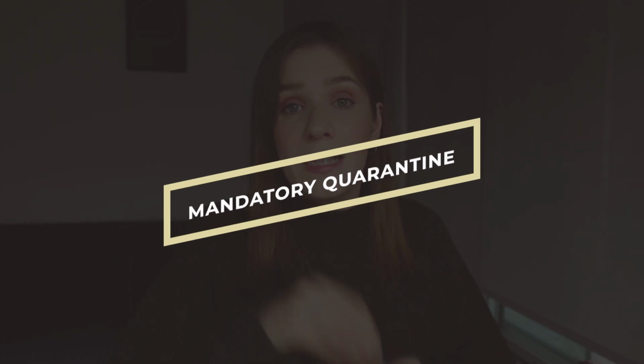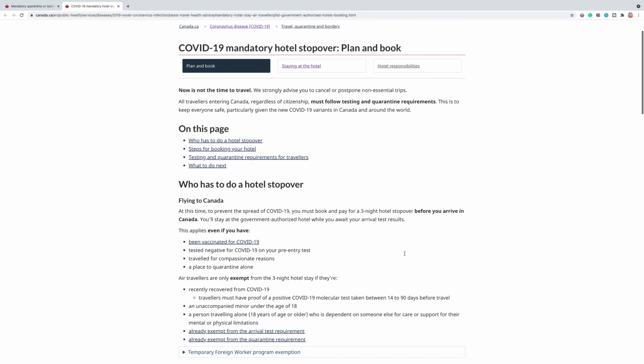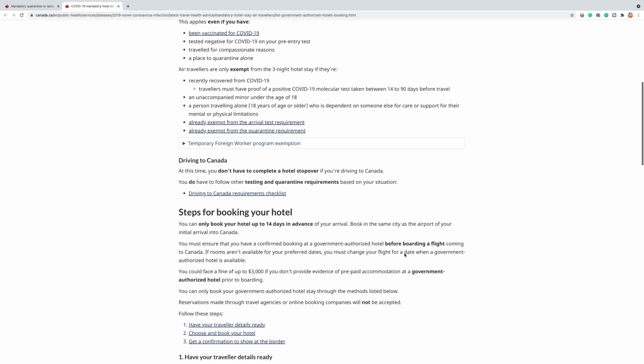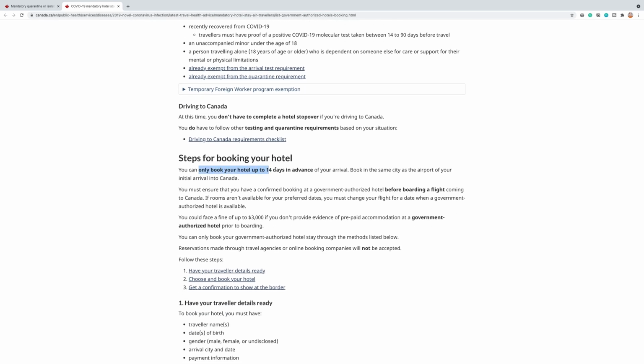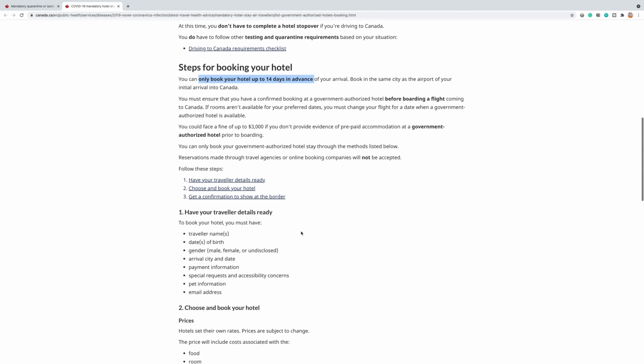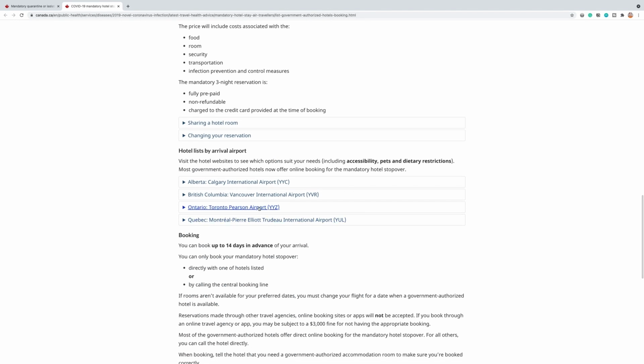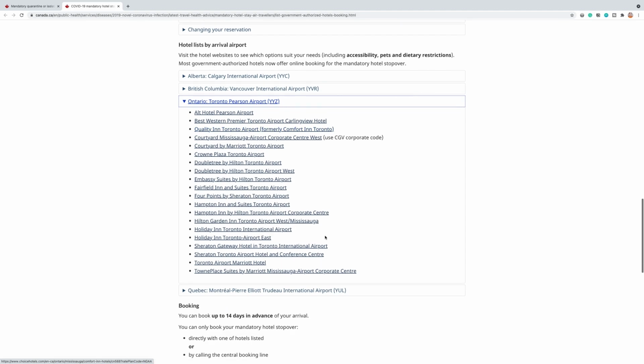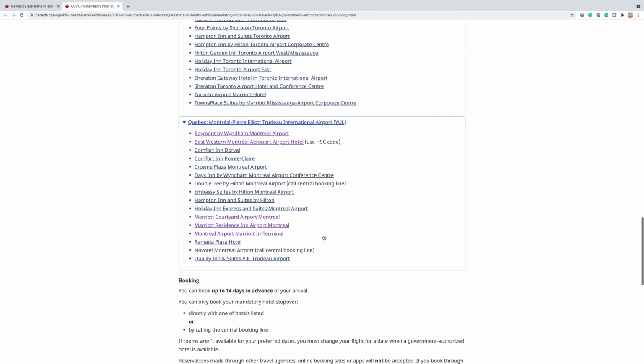First things first. If you're flying from literally any country, you need to quarantine when you land in Canada. First 3 days should be spent in the designated hotel that you can book at least 2 weeks in advance. So you will spend 3 days in the hotel while waiting for your test results to come in. After that, you will proceed to your quarantining place and spend the rest of the time, meaning 11 more days,